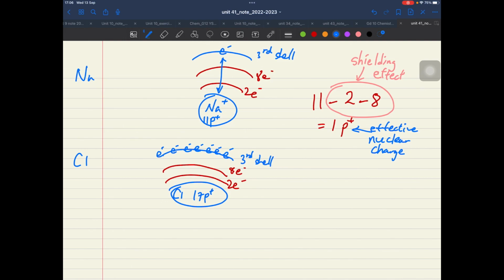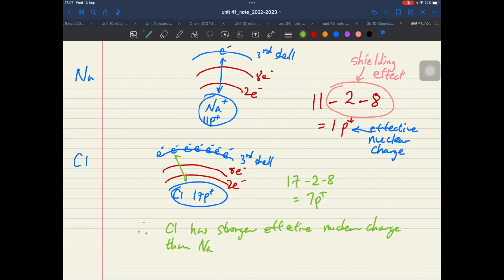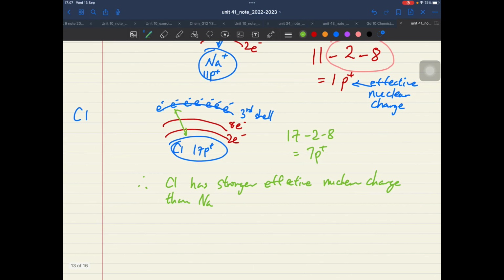So each electron experiences not 10, but 7 protons. Yes, you can see chlorine has a stronger effective nuclear charge than sodium, and hence